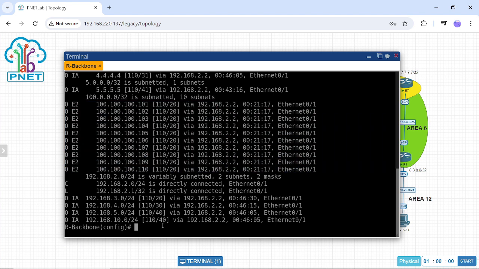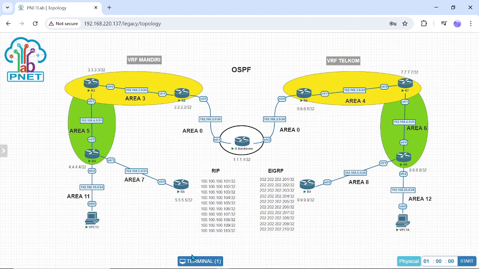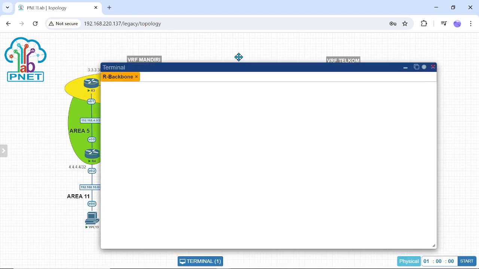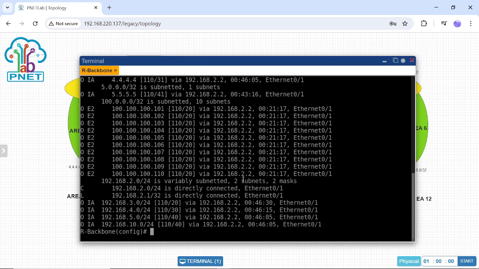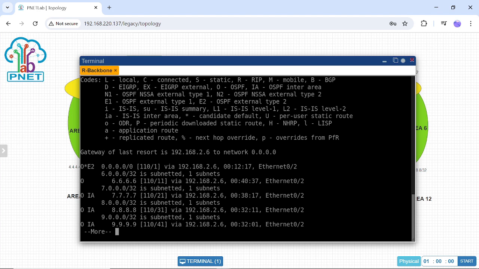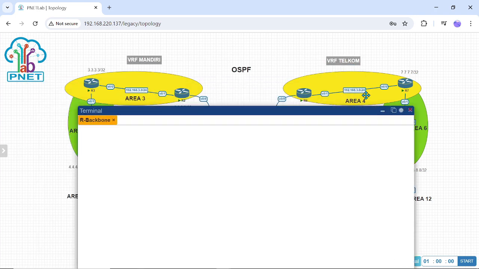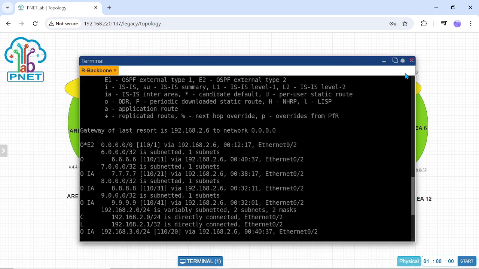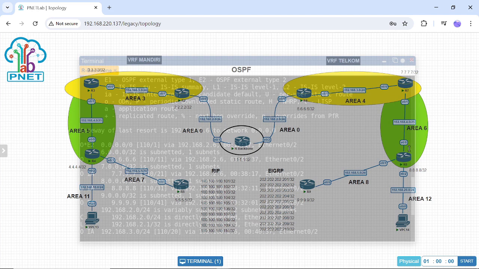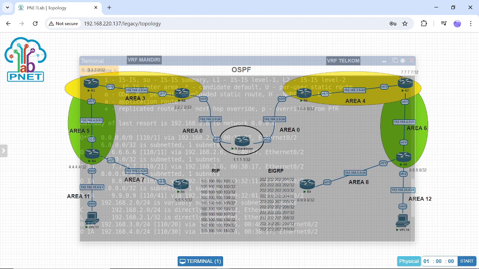Now I want to check VRF Telkom, so I need to enter the name of VRF Telkom: do show IP route VRF Telkom. I will show VRF Telkom from the center router, the backbone router.